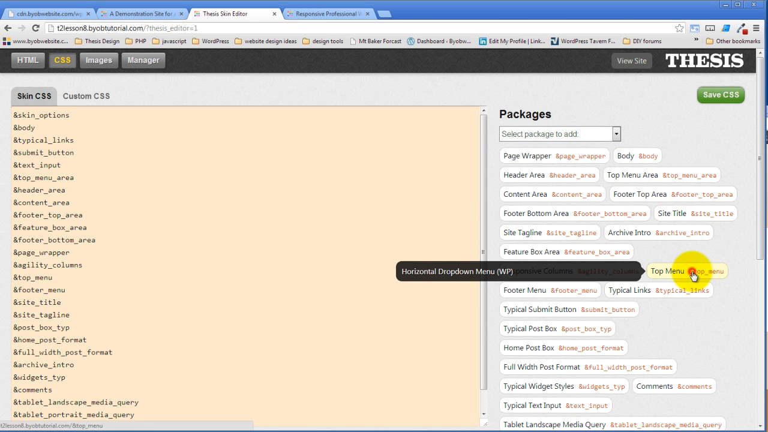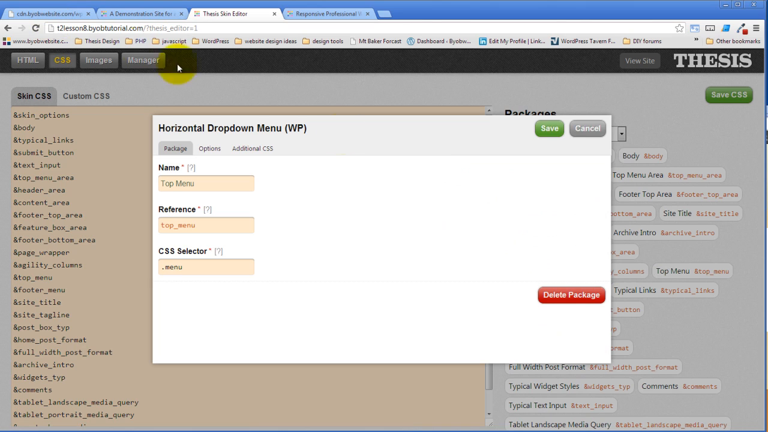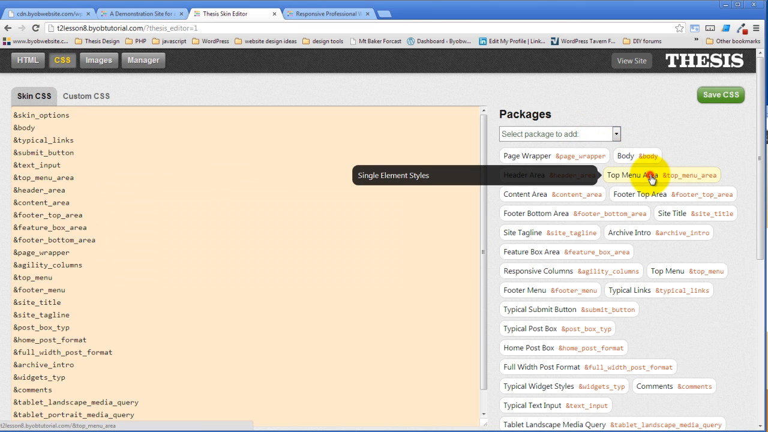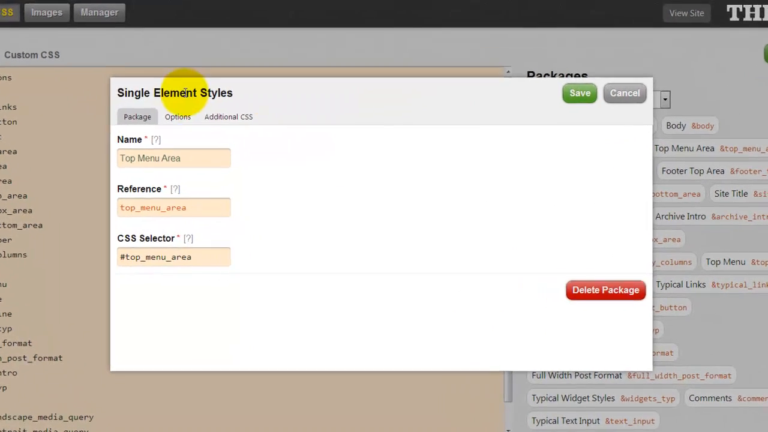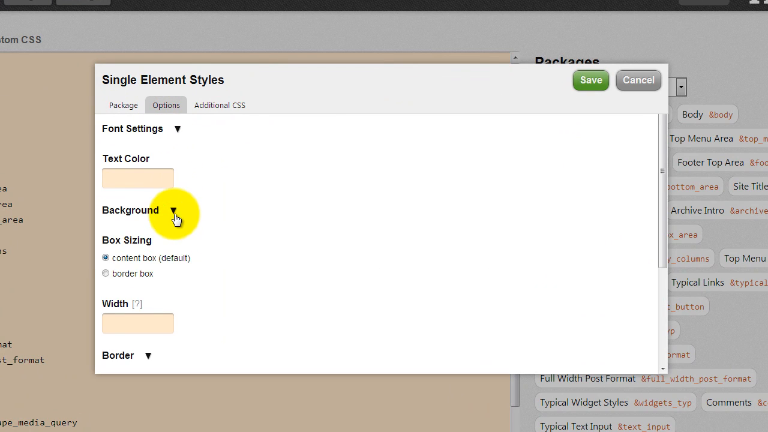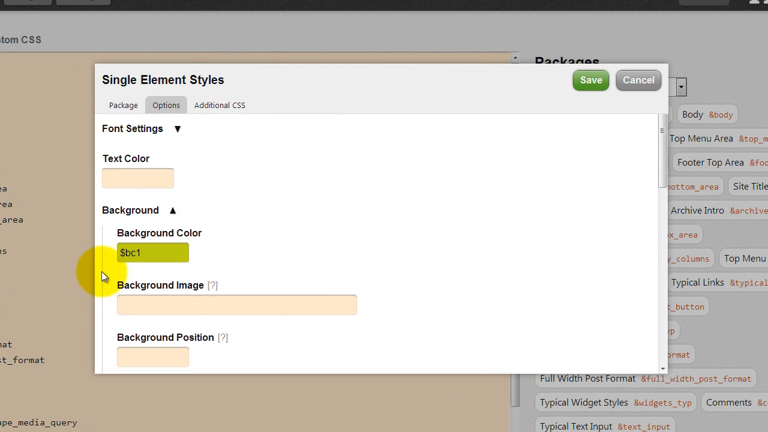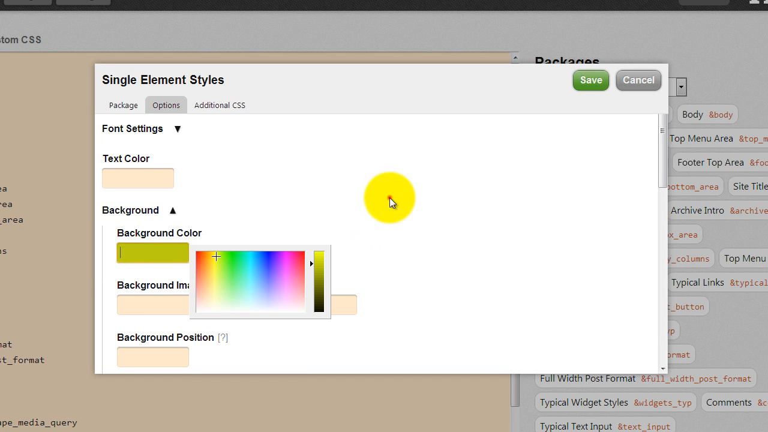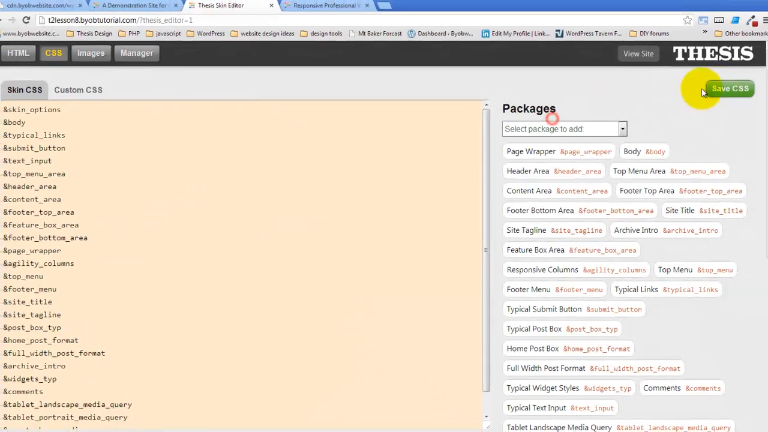We'll come over to the top menu. Actually, it's not the top menu, it's the top menu area. Come over to the top menu area, go to our options and background. Notice this funny thing here, this $BC1. This $BC1 is a variable. And I'm just going to cut it out for the moment so that there is no background color,